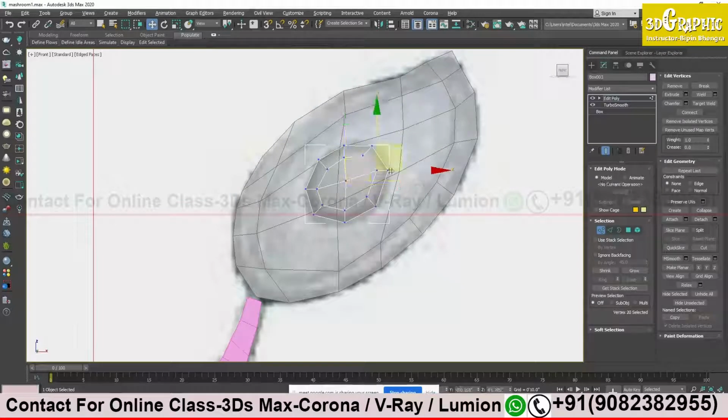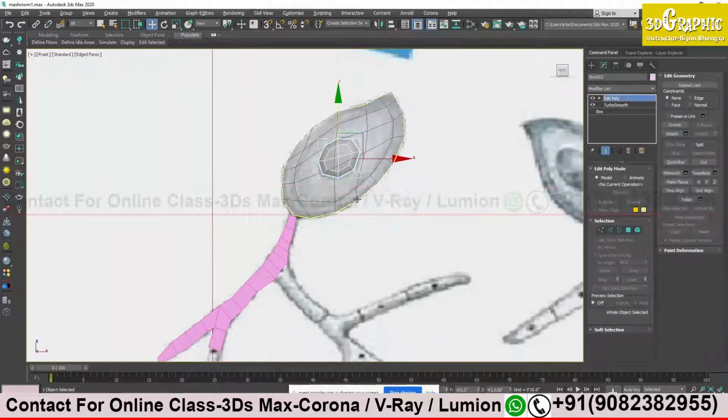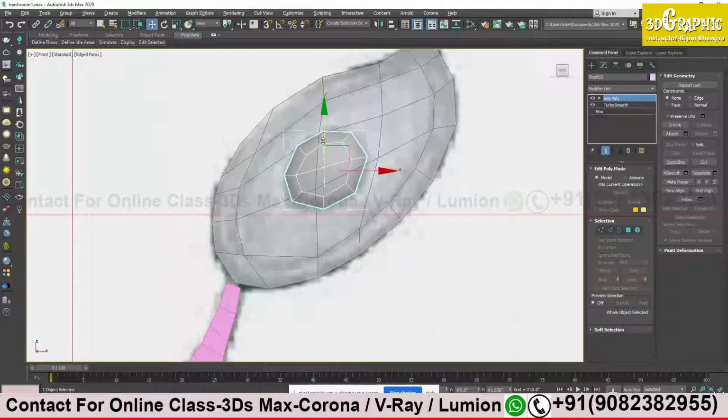Very simple. In the beginning, you may find it a little difficult, but when you practice it, it will be fun. You will love to do all these things. See, as of now I will keep it till here only. Whenever you create any shape, just try to cover the main shape, the main body.